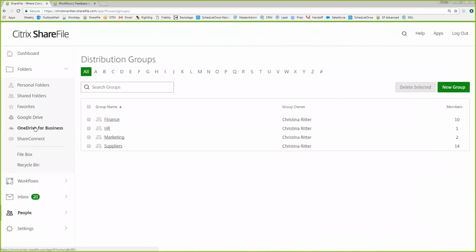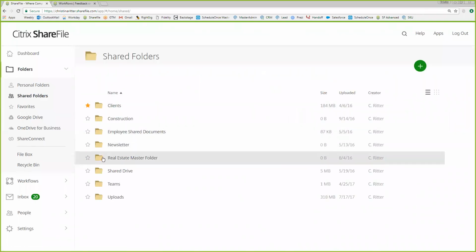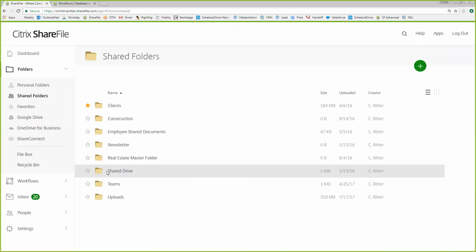So you can pull a document out of OneDrive and then safely email it out or safely collaborate on it. So there is a good use case to have both. You don't necessarily need to pick one over the other. The final piece is if you do want to use this as a server or an online network drive, for